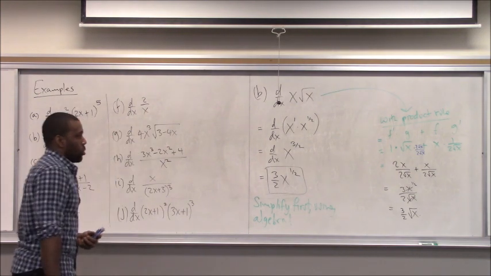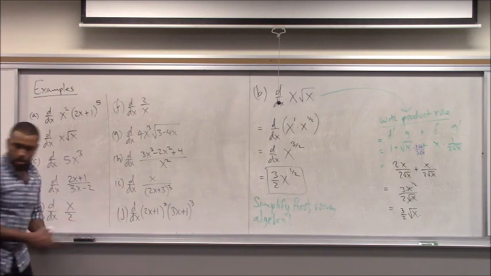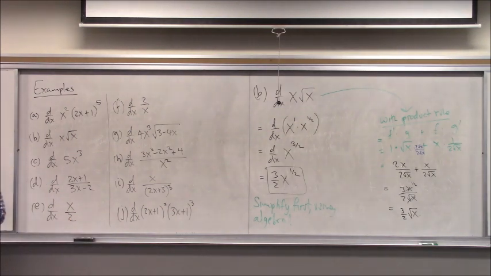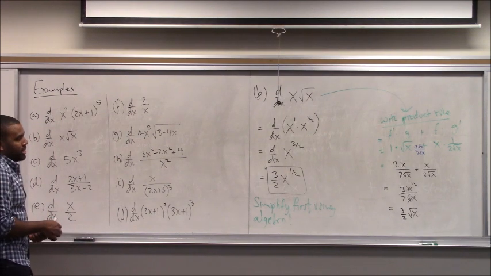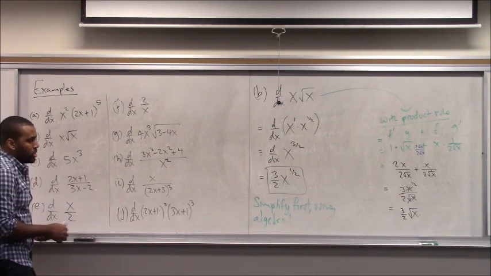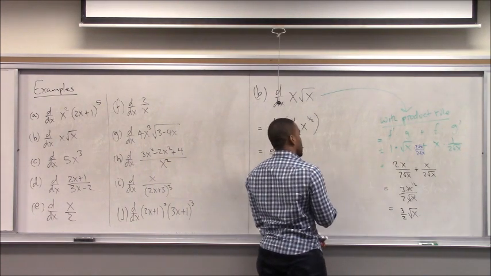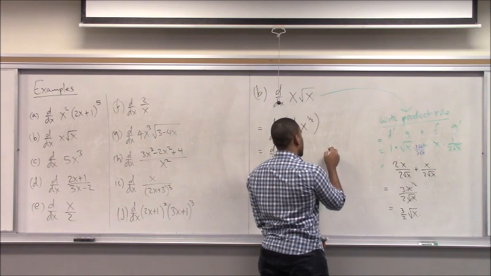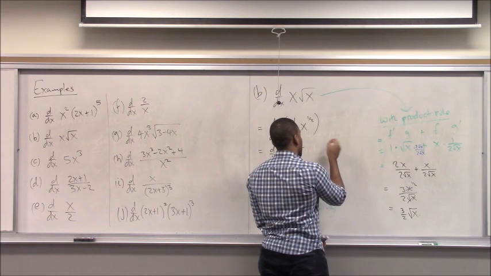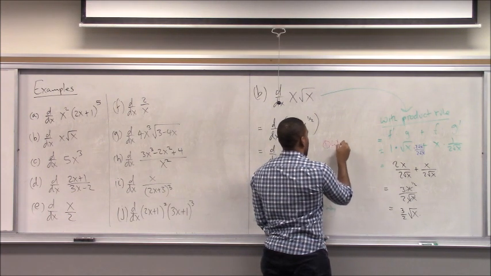So this is one of the cases in which I would say the chain rule, you can apply it whenever. If you don't need to apply it, it doesn't really have any consequence. But with the product rule and the quotient rule, they can actually get pretty complicated if you use them when you don't have to. So one: